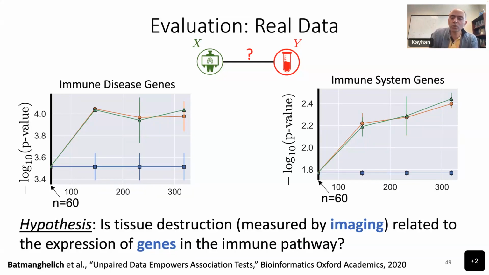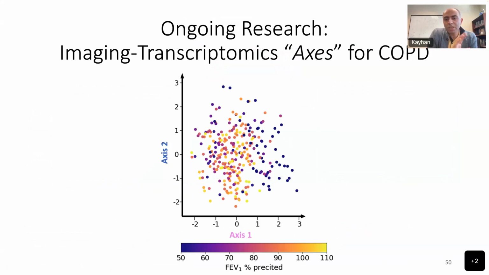The blue line shows that if we don't take advantage of unpaired data set, you cannot reject the null hypothesis, although you know that the immune system is involved. By adding enough unpaired data set, you eventually reach the level at which the null hypothesis has to be rejected. So let me give you a sneak peek of what we are going to do with